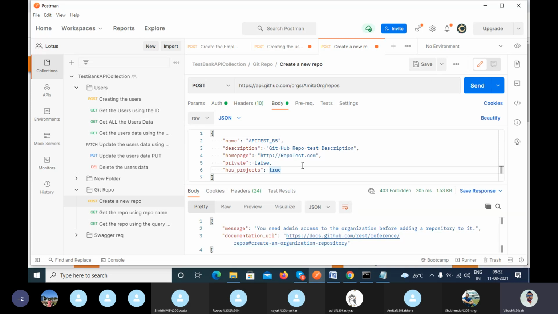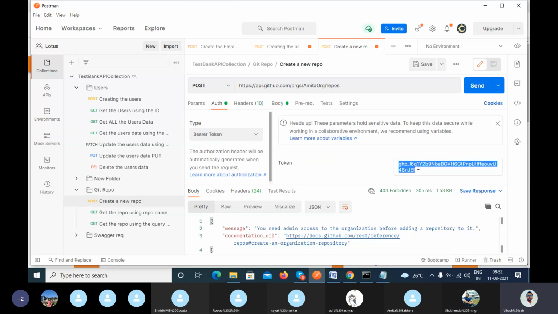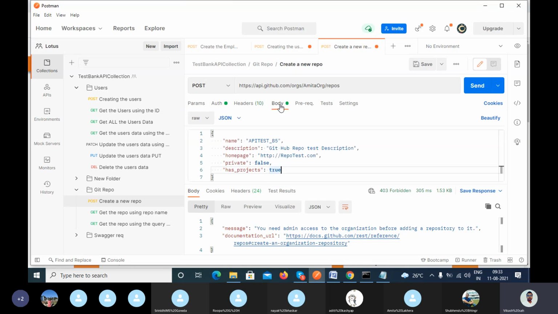So when one user tries to access another user's data, you will get 403. This is applicable for GET, PATCH, PUT and DELETE also. In this case, if you have Amita's token, can you access? Yes, I can. If you provide me the token, then I can create the organization.